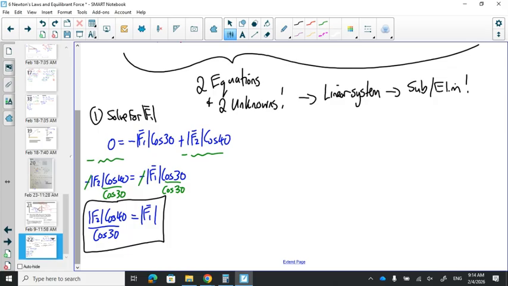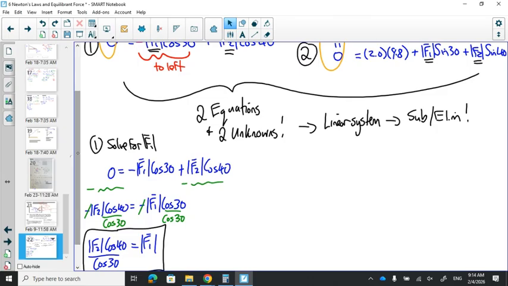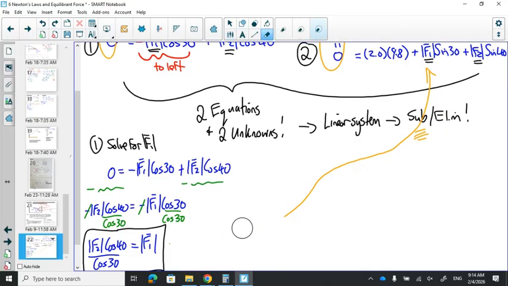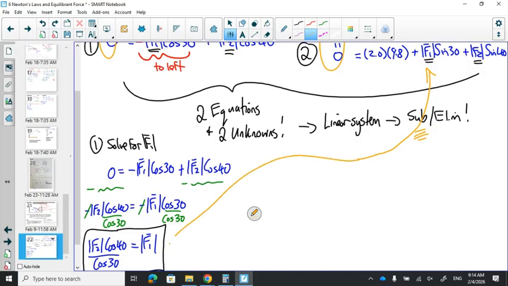So now we take that result for F1 and we plug it into the other equation. I think I have just enough room to show that here. Right, we're going to take this thing and we're going to substitute it in for F1 right there. Right, substitution. So let's do it. We've got maybe some room here to do that. Let me just rearrange my arrow a little bit. Make room for that. And so let's go for it here. We've got this equation plugged in. So we got 0 equals, and we have the